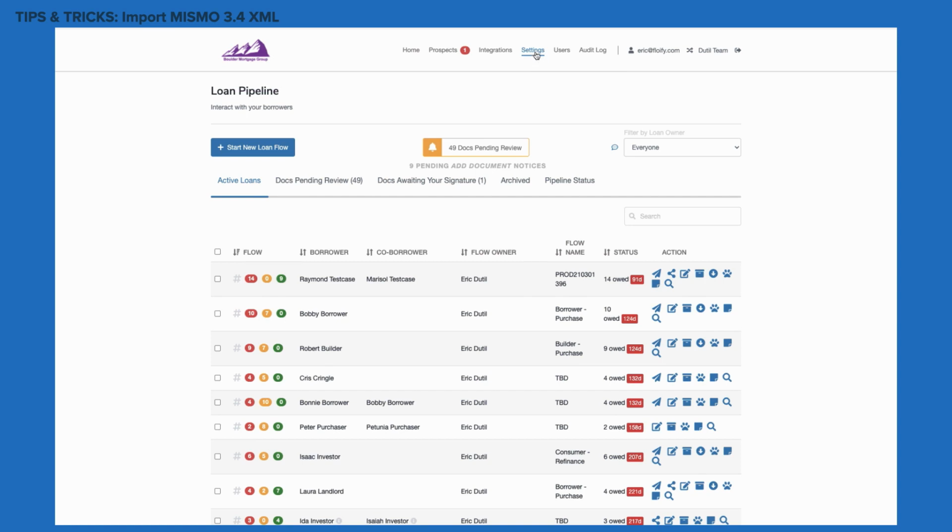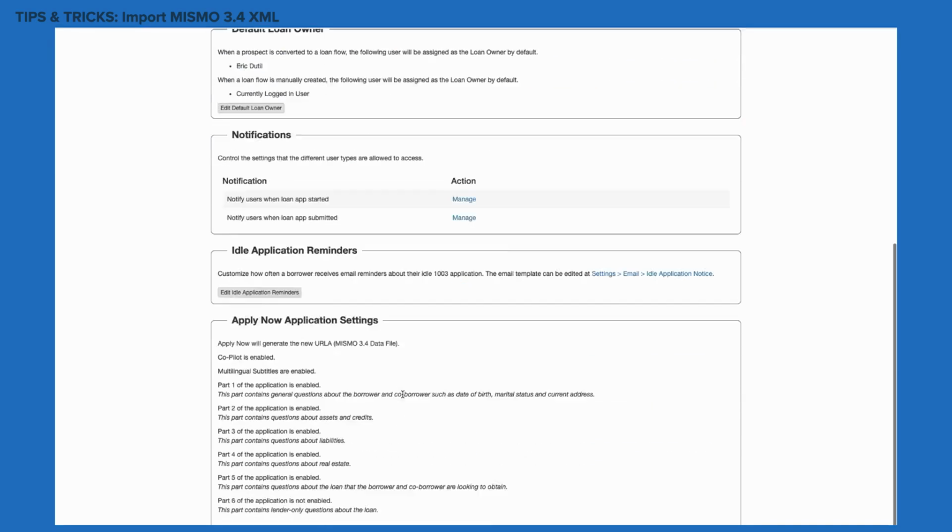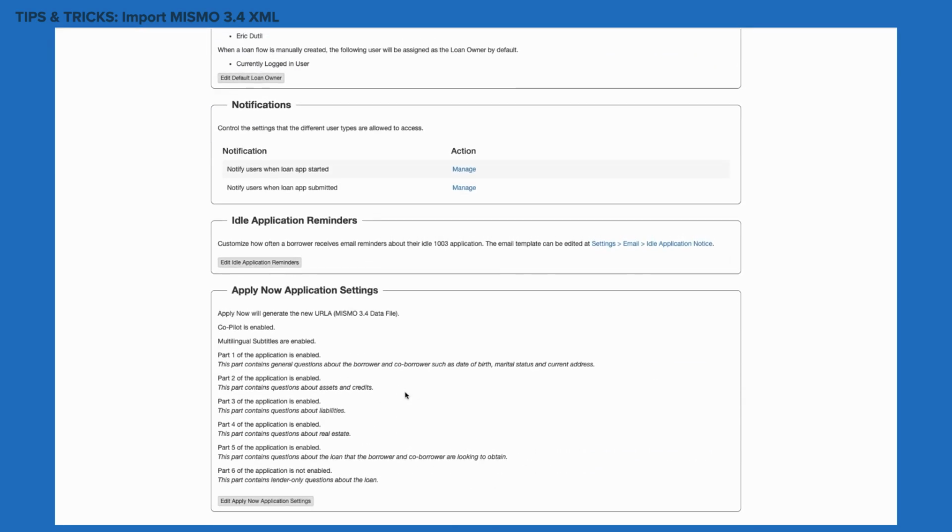So I'm going to go into Settings, and I'm going to go to Apply Now. Now, if this is enabled for all teams, you're not going to see a change here. You're still going to see the same Apply Now application settings at the bottom. However, if you do choose to allow LO teams to enable this feature individually, what you're going to see if I just do a quick refresh